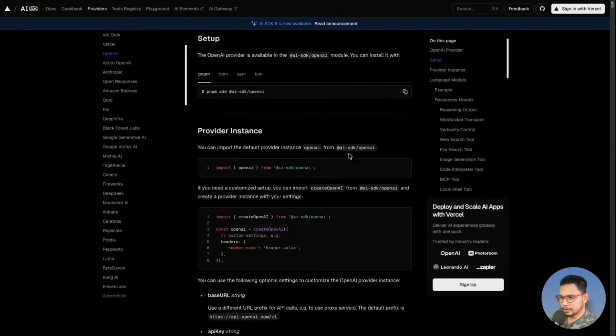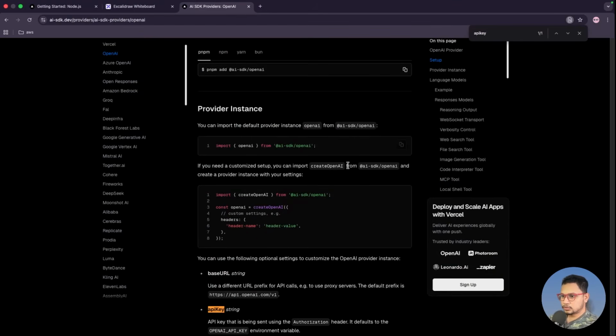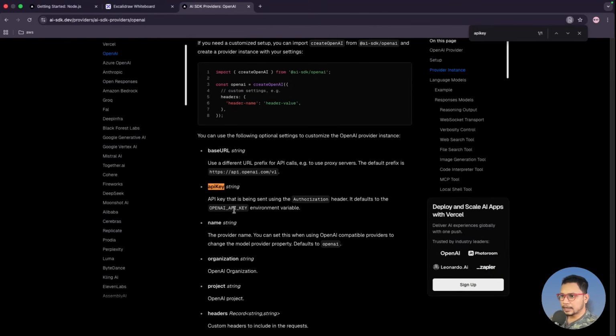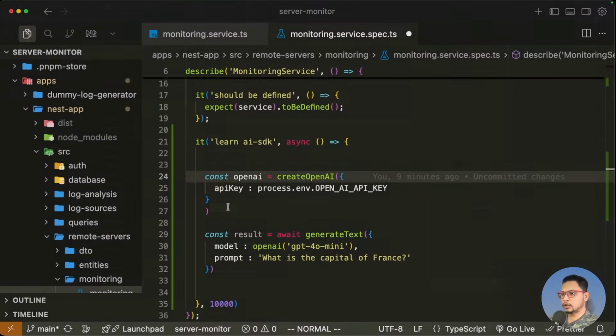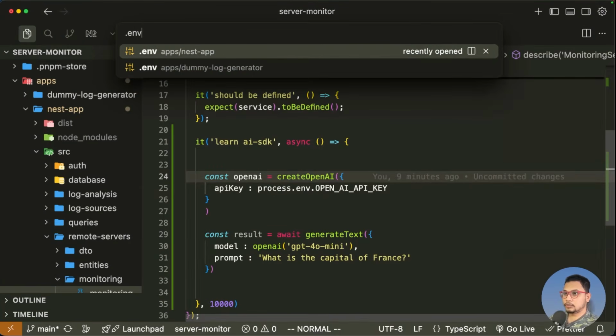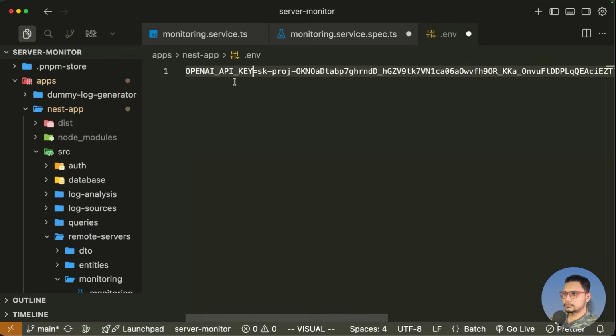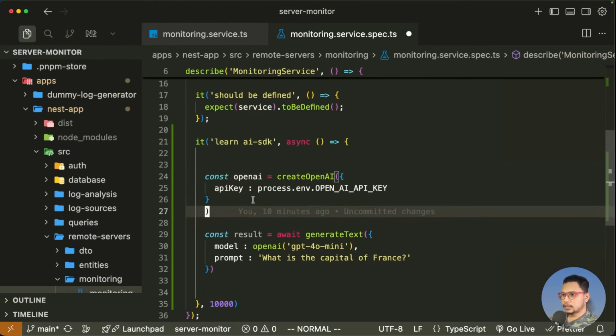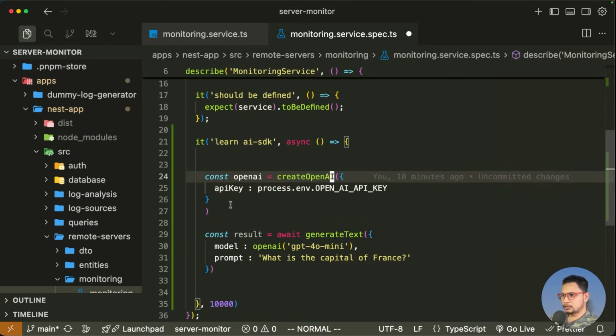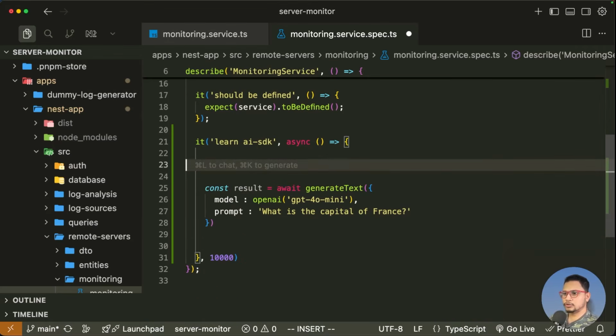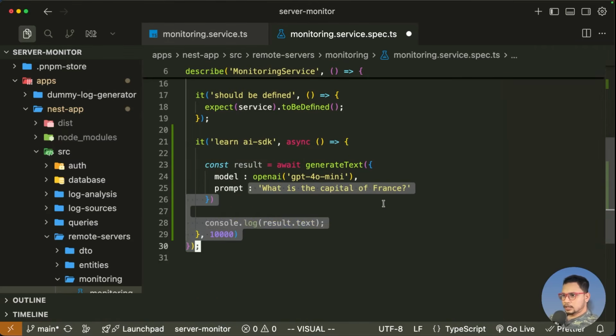So let us find out the variable name. So yeah, OpenAI API key. So API key is being sent using the authorization header. So if you want, you can directly send the API key. It defaults to the OpenAI API key environment variable. So let me copy the exact name. Let me go to our .env, and it will be like this. Okay, then you don't have to call this create OpenAI or anything. It will by default do it for you. All right, so